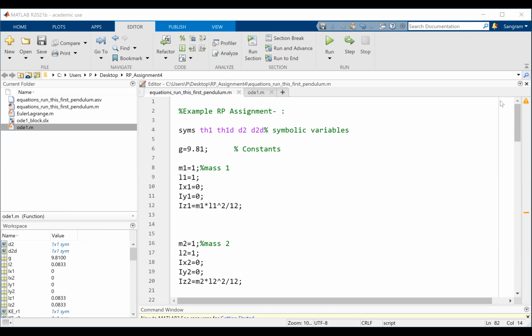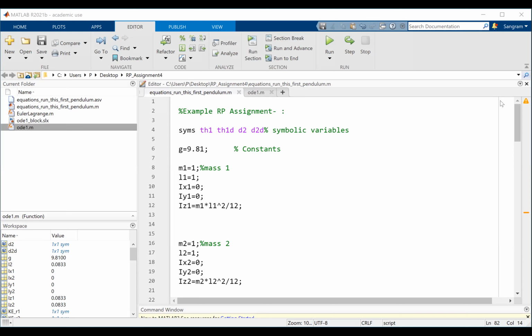First and foremost, I have to identify the states, and this is very important. This is needed for the MATLAB code. So here I need to know the states. States are the angular displacement of joint 1, which is theta1, the angular velocity of joint 1, which is theta1 dot, the linear displacement of joint 2, which is D2, and the linear velocity of joint 2, which is